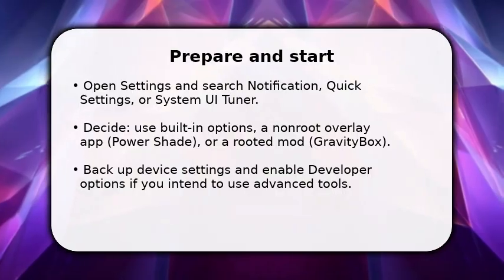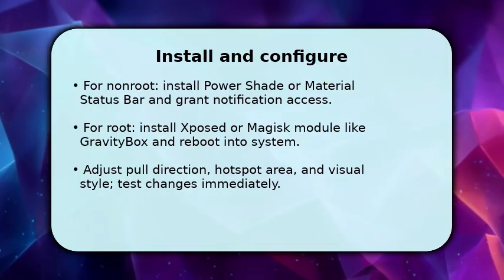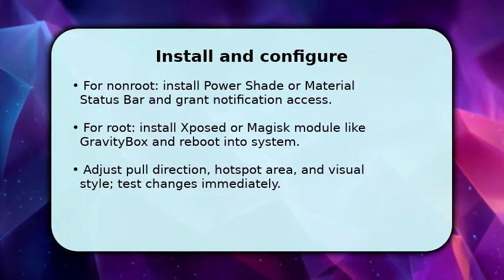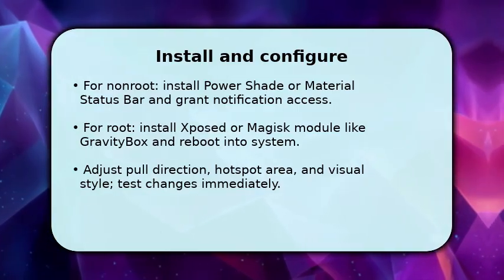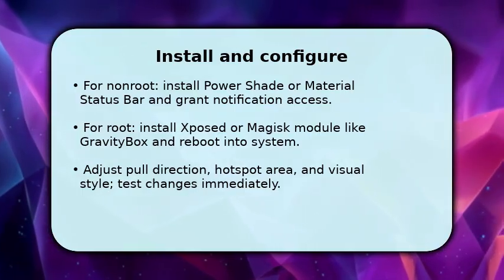You'll now install and configure the chosen tool. For non-root apps, grant notification access and follow setup prompts to place the shade edge or activate bottom pull. For rooted setups, flash the module, grant root, and use its system UI controls to relocate the bar or change